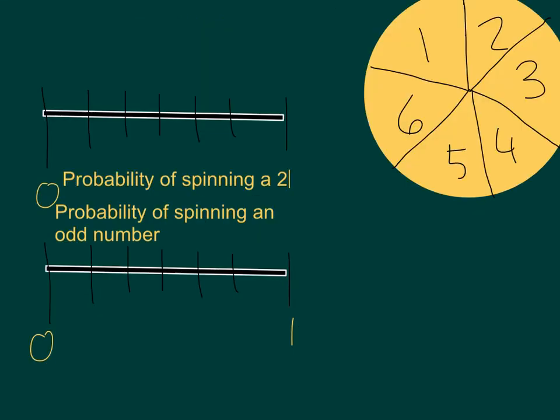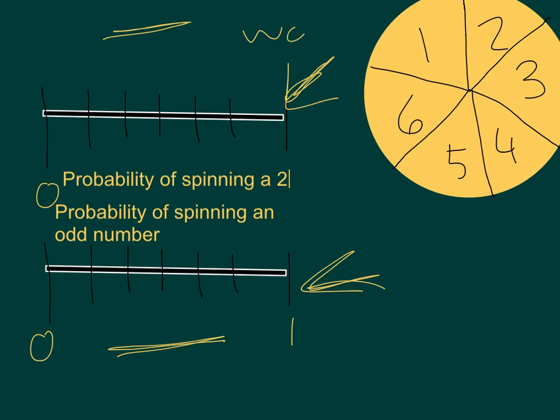For your bring back to school problems, I've given you another spinner. It's slightly different. This one has numbers. First one, I want you to find the probability of spinning a 2. And then the second one, I would like you to plot the probability of an odd number. You will need to put it on a number line both times, and you will also need a fraction for each, and you will also need a word for each. So that's what I'll be looking for